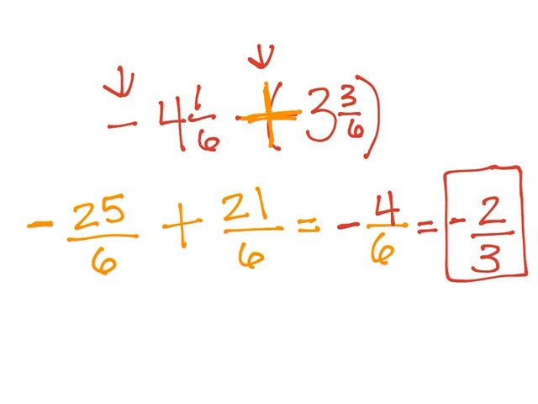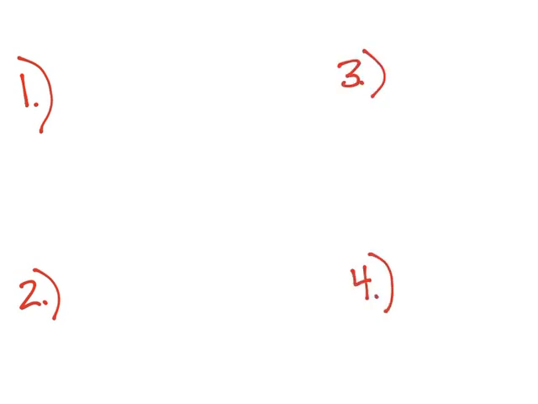Okay, so I want to give you a couple to try tonight for homework. I'm going to only give you 4, and you can choose the student way or the teacher way. I think the student way is probably the easiest, but that will be your choice. And you will have 4 questions. The first one will be negative 2 1/3 minus